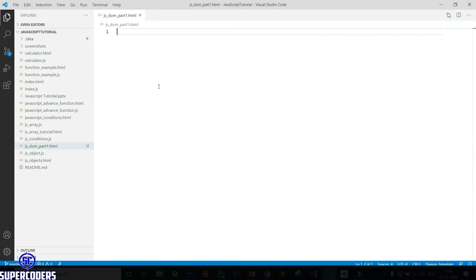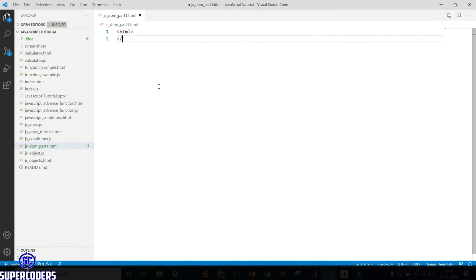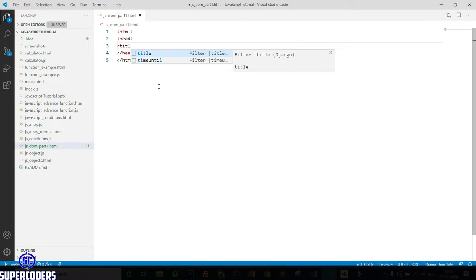Now let's create a simple HTML page. So adding html, then close the html tag, then adding head tag, then adding title, then changing the title to JavaScript DOM part 1.